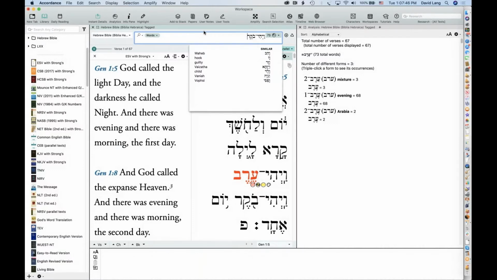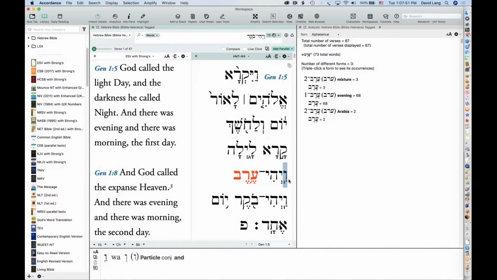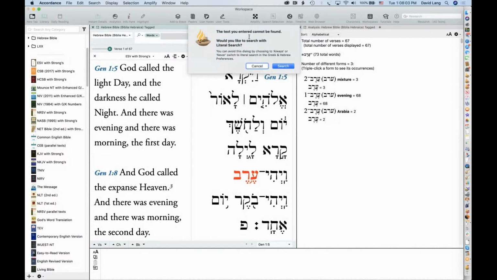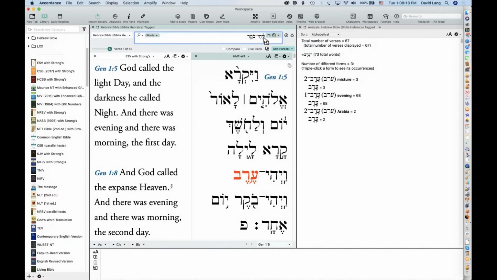The problem is, what have I just pasted in? I've just pasted in a string of inflected forms. And Accordance is going to say it can't find this. If I hit return, it's going to say the text you entered cannot be found. Because what it wants is the va to be separated from yehi, and then yehi is an inflected form, but Accordance defaults to searching for lexical forms.